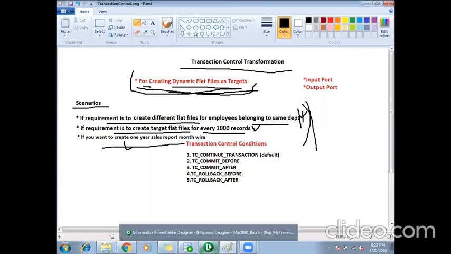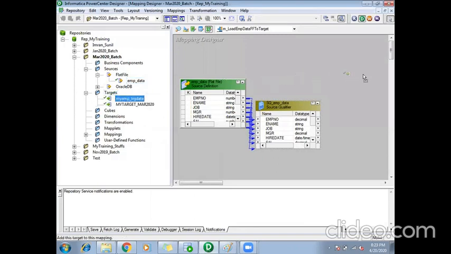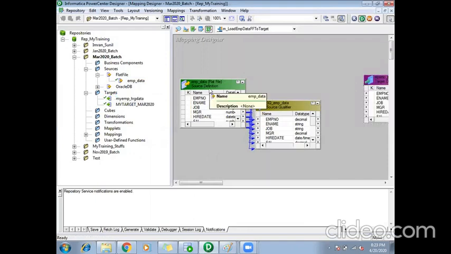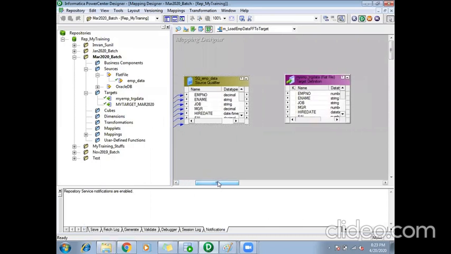So I'll take a flat file as the target now, since I want to create multiple flat files. Your source can be a file or a table; there is no restriction on that. I'm using a flat file because I can easily add or edit some records. If it is a table, I have to use queries. When you practice, you can practice with both file and table. They won't change your code.